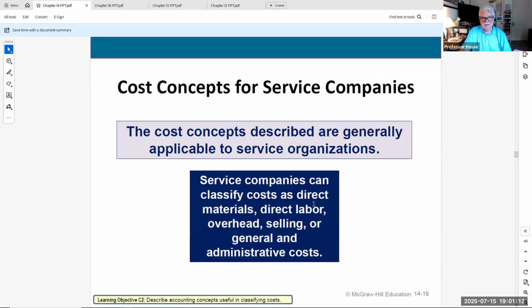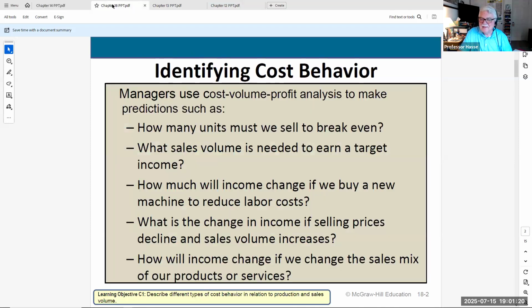Okay, we're going to take a little break. When we come back from our break, I need time to reset my computer. We're going to talk about cost behavior, chapter 18, identify